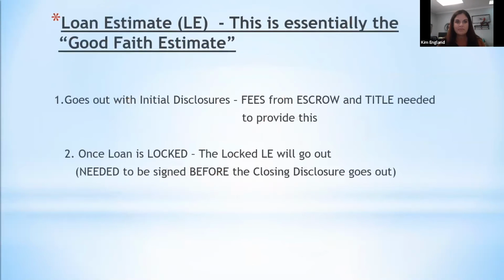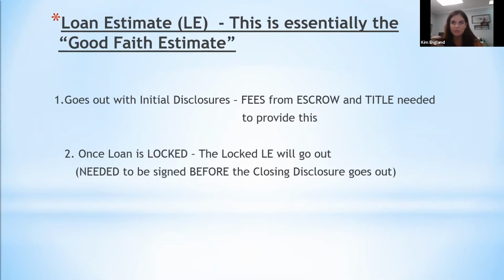What we use is the loan estimate, or you'll hear LE. The loan estimate is essentially what the good faith estimate was. It's the breakdown of your escrow fees, your title fees, your lender fees, and the setup of an impound account for taxes and insurance. It's the everything, the loan estimate. Now that initially goes out on a purchase, and we'll stick with purchase. If anybody's got questions about a refinance, just yell.